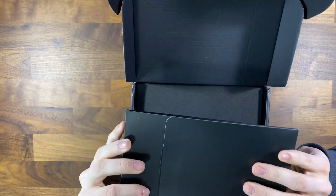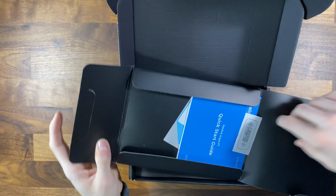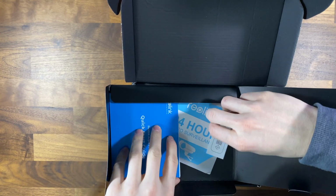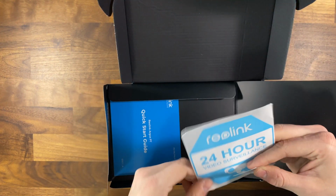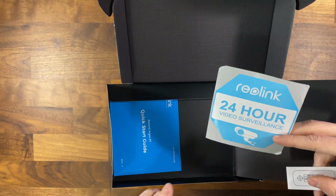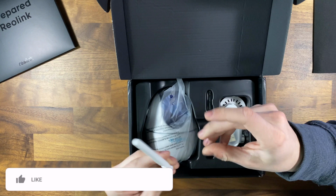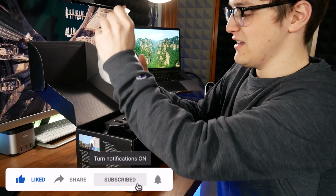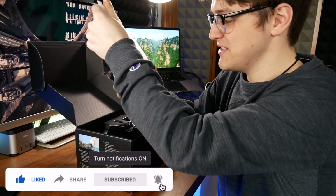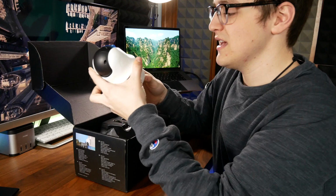On top, you will get a little folder-ish thing here that has a quick start guide, some templates for the mount, as well as a 24-hour surveillance sticker. Beneath this foam piece, you will find an antenna. So this goes on the camera, which the camera is right here. And I do have to say, this thing is pretty hefty. It's got a battery inside of it, as well as all the camera tech, so it is pretty hefty, which